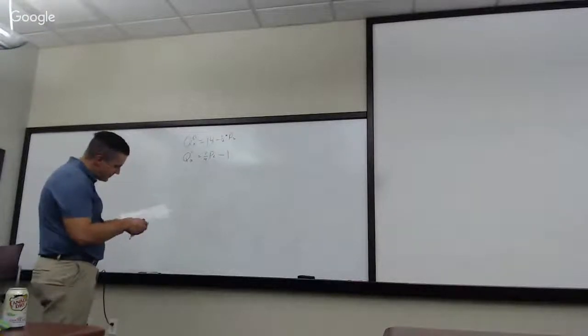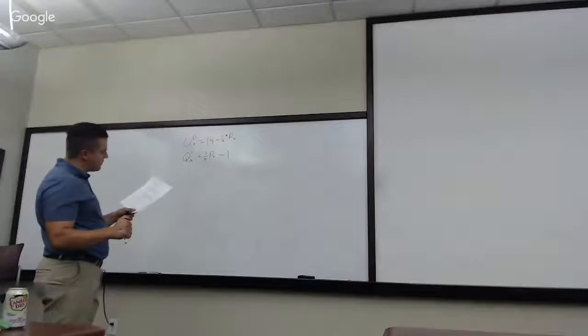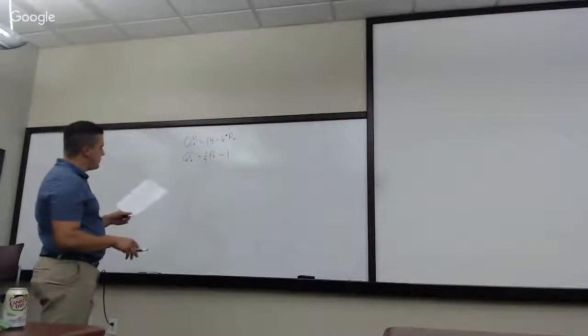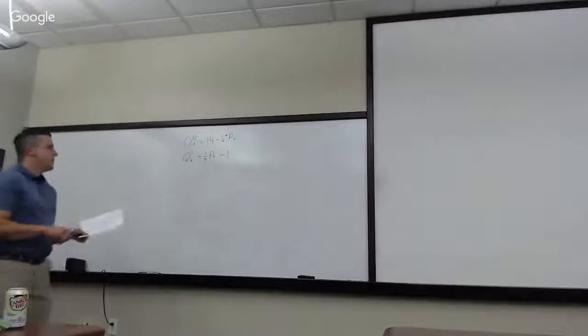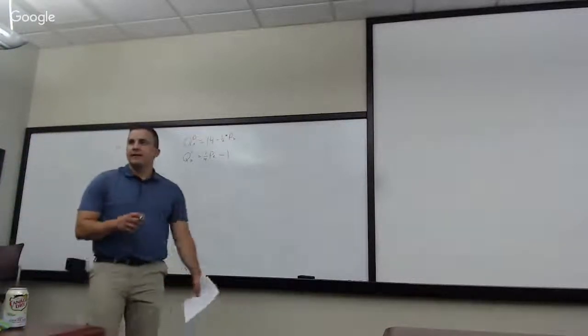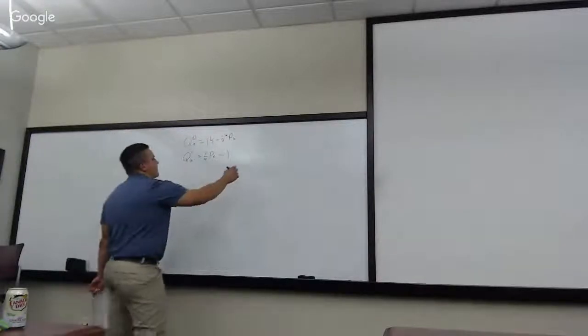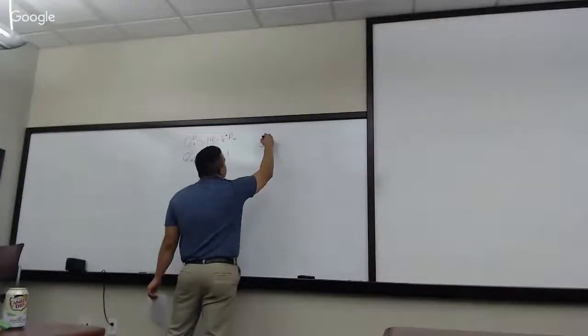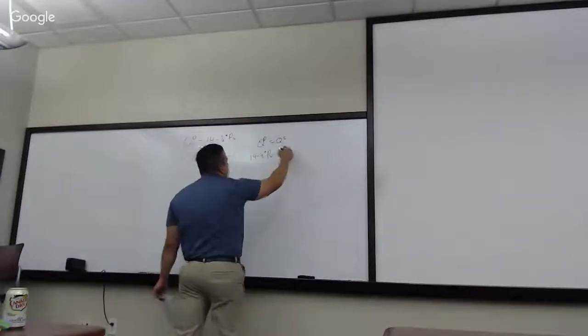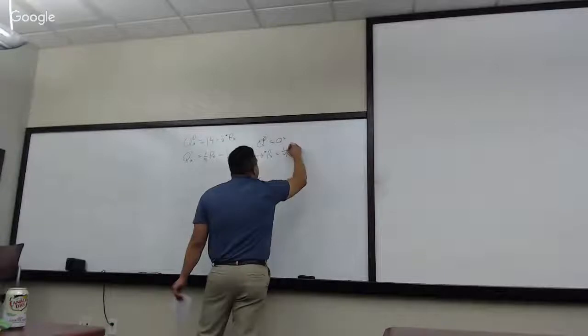Another question. Okay, so first it says determine the equilibrium price and quantity and show the equilibrium graphically. What's our first step to determining our equilibrium price and quantity? Set them equal to each other. Quantity demanded is going to be equal to our quantity supplied. 14 minus 1/2 price of X is equivalent to 1/4 price of X